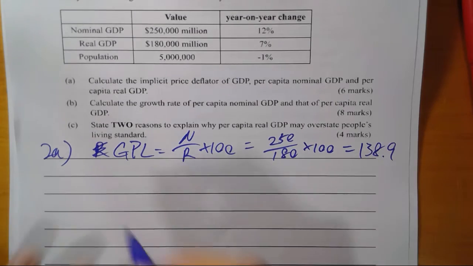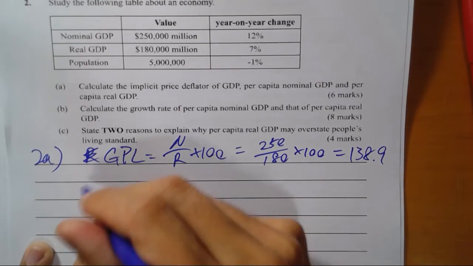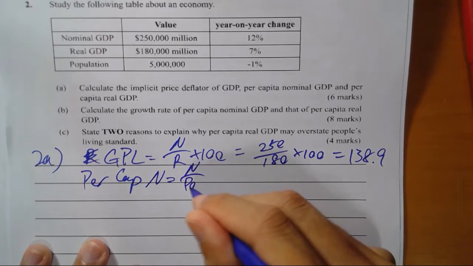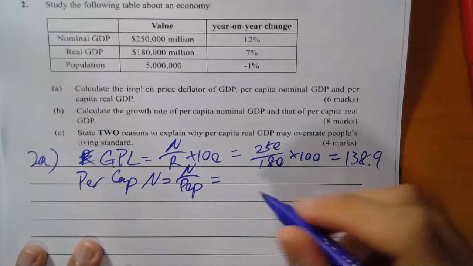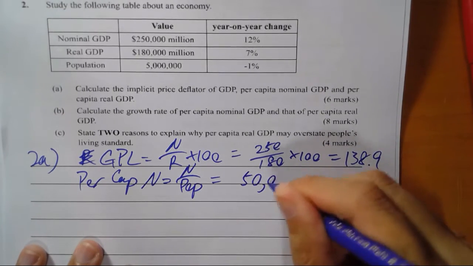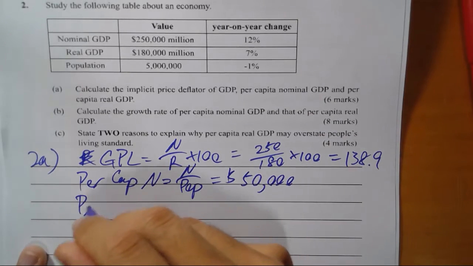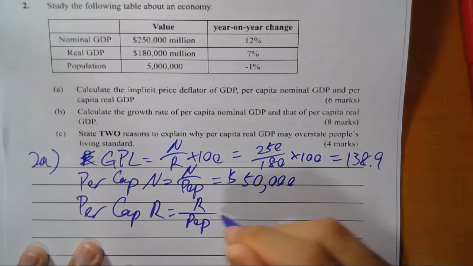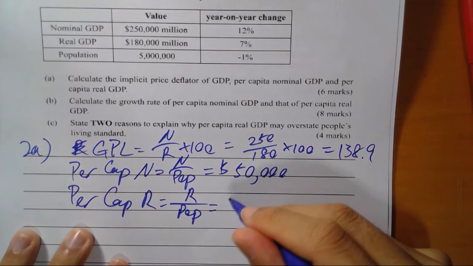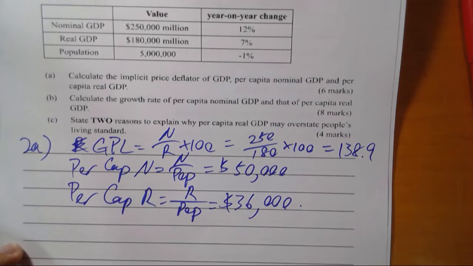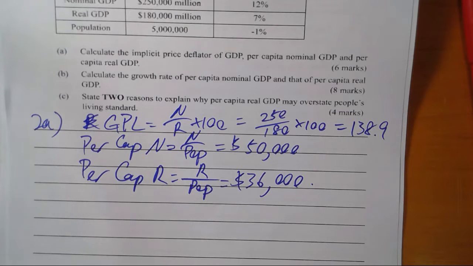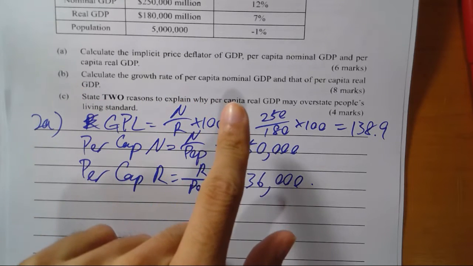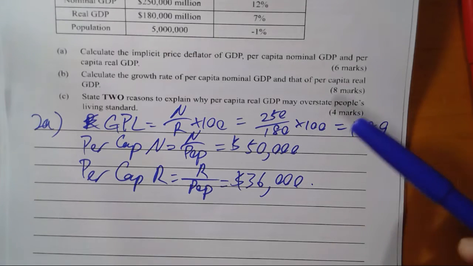Now, what about per cap? Per cap nominal equals nominal divided by population, which I think in our case would be this amount. 一樣啦，per cap real would be real divided by population. In our case, I think it would be this amount. 好嘛？冇嘢好講呢個。